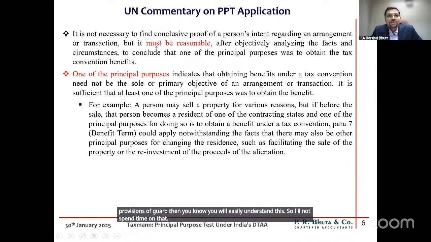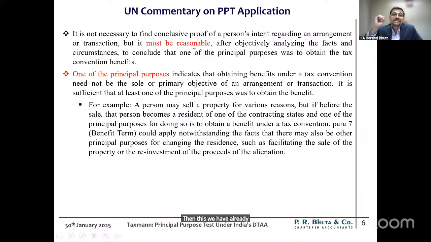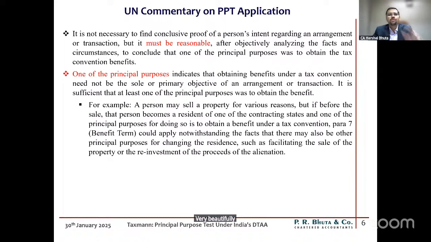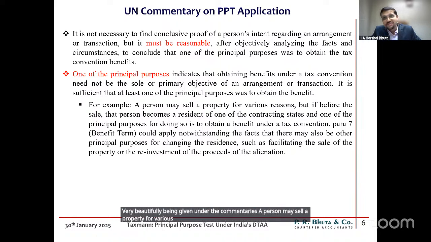Then this, we have already seen the first bullet. It must be reasonable to conclude. Conclusive evidence is not required. Only the reasonableness test is there. Then, one of the principal purposes. An example which is very beautifully given under the commentaries: a person may sell a property for various reasons, but if one of the reasons for changing the residence is to obtain the benefit of the tax convention, then para 7, which is basically para 7 of the MLI,